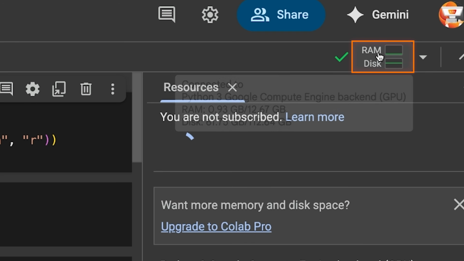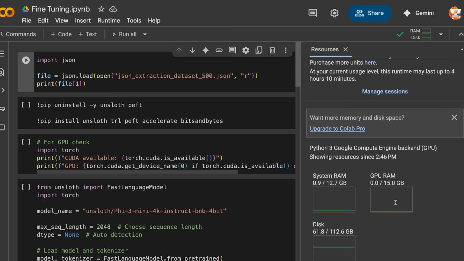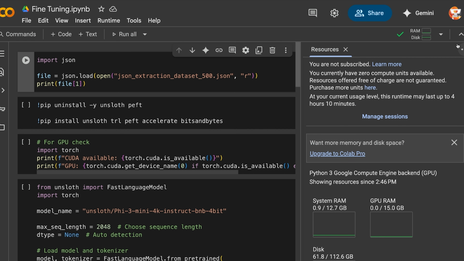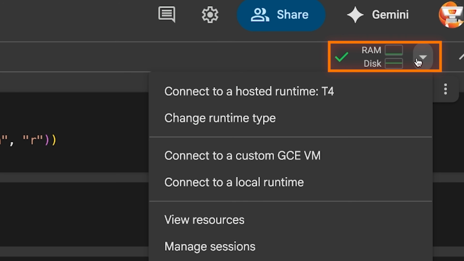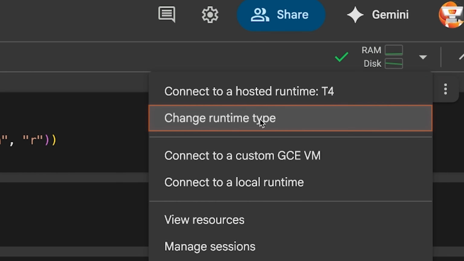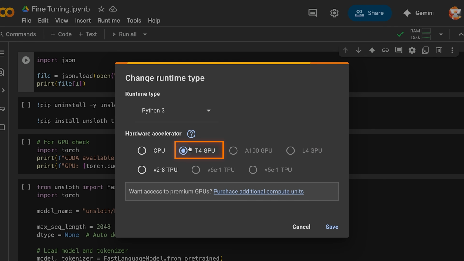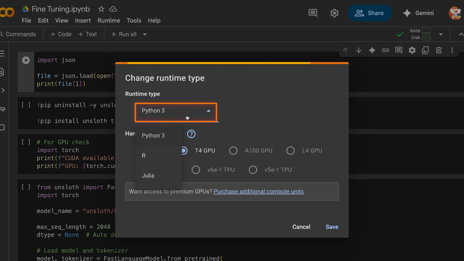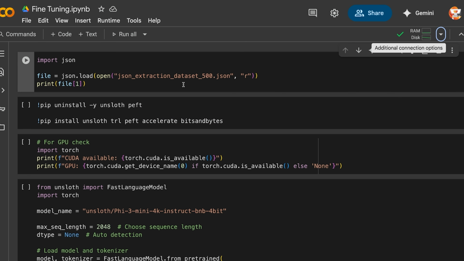Now, if you're not sure, you can press on this right here and it's going to show you what you have available. So system RAM, GPU RAM, and disk, and it will show you the runtime you're connected to. If that didn't work, you can go here and go to change runtime type, and then make sure that you select T4 GPU and that you're running in Python 3. Okay, so now that we're connected to this runtime, we can start running the various cells that I have inside